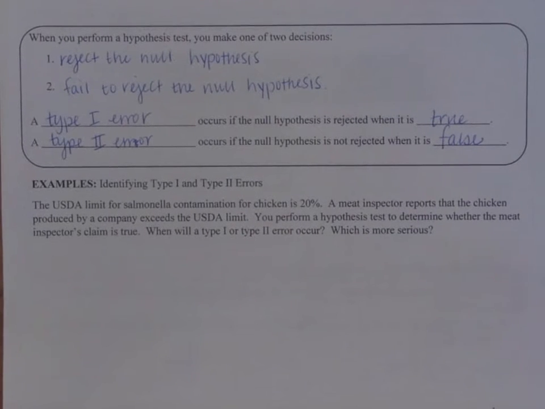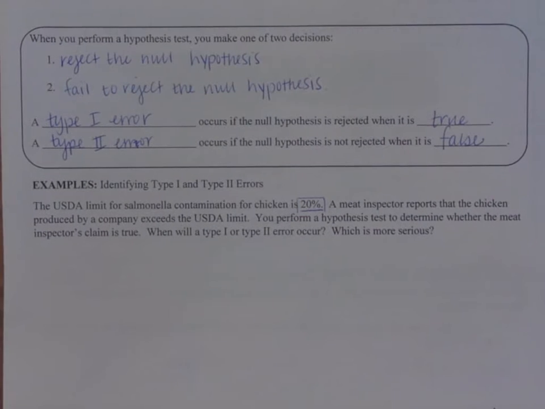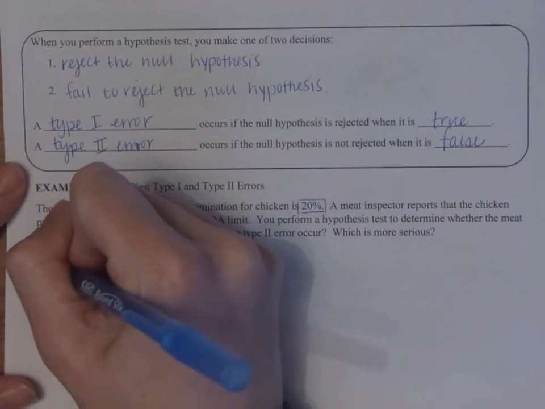The USDA limit for salmonella contamination for chicken is 20%. So that's going to be important. A meat inspector reports that the chicken produced by a company exceeds the USDA limit. You perform a hypothesis test to determine whether the meat inspector's claim is true. When will a type 1 error or type 2 error occur? Which is more serious? So first of all, let's write